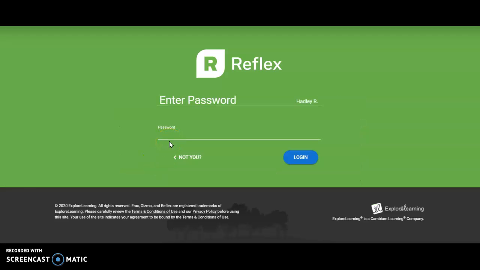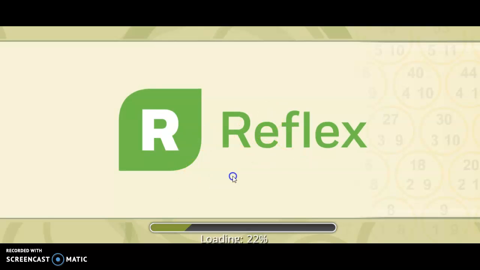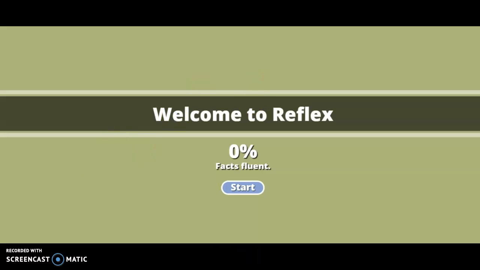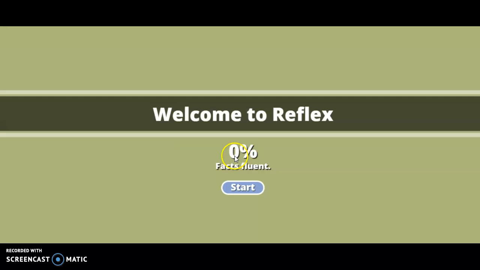and your password is going to be your initials, and then your lunch number. Okay, so then it's going to take you to the starting page of this website. You're going to have to take like a placement test this morning, and that's what you're going to have to do first. And then, so you're going to take your placement test here,